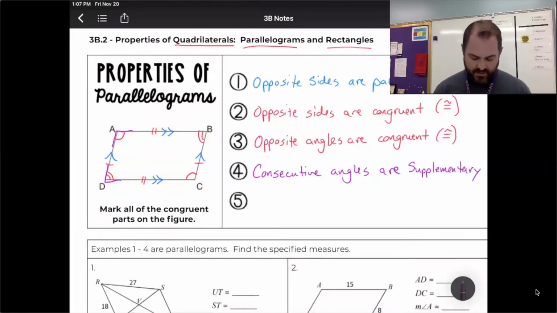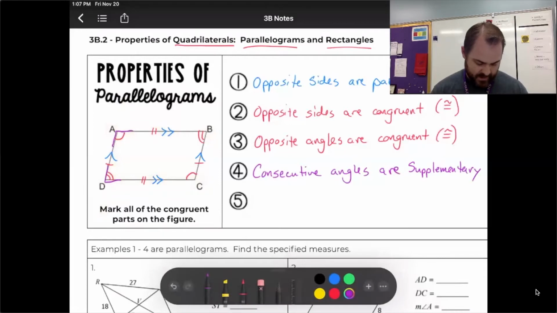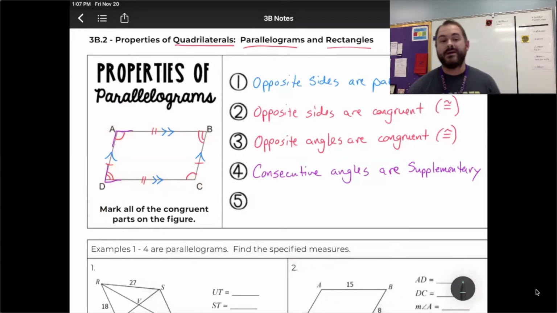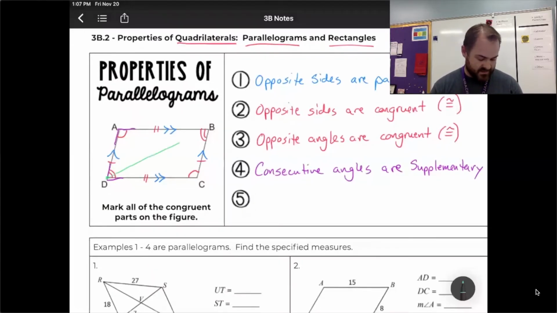Now there's one other characteristic we want to look at, and that is the characteristic of something called the diagonal. A diagonal connects two opposite corners of a polygon, or two opposite vertices of a parallelogram in this case. So we have a diagonal that runs this way and a diagonal that runs this way, and those diagonals intersect each other in such a way that the intersection of the diagonals is actually the midpoint of both diagonals. And here's how we say that. We say that the diagonals